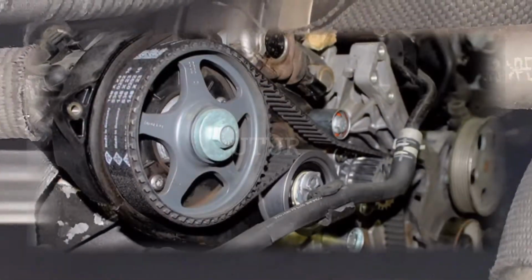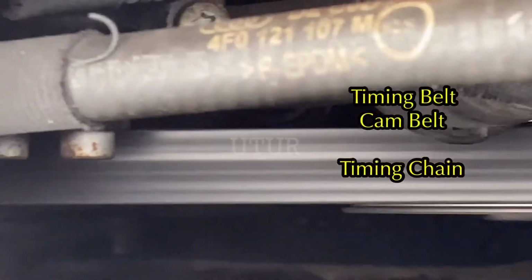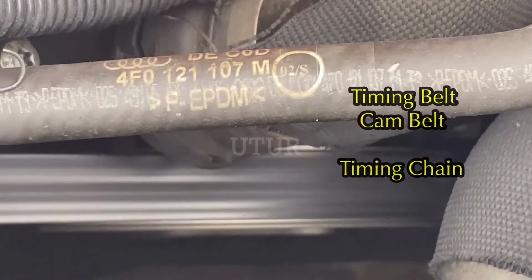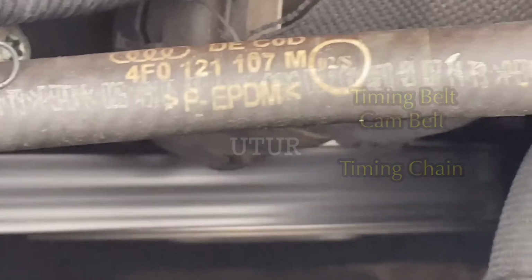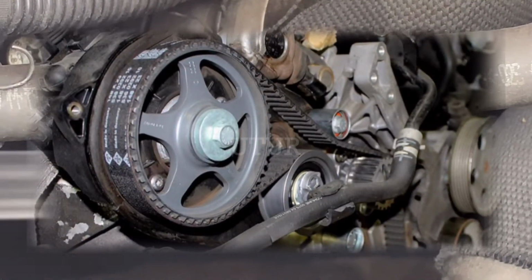Whereas your timing belt keeps the camshaft and the crankshaft in time synergy. Suffice to say, this internal engine component synchronizes the rotation of the crankshaft and the camshaft. Although timing belts and timing chains serve the same purpose, the major difference between a timing belt and timing chain is that the belts are made of rubber composites, whereas the timing chains are made of metal. But for the purpose of the risk assessment done on this video, I will be limiting its scope to the